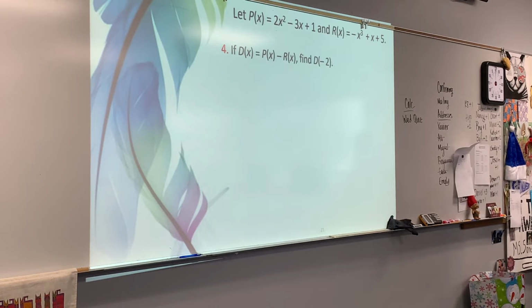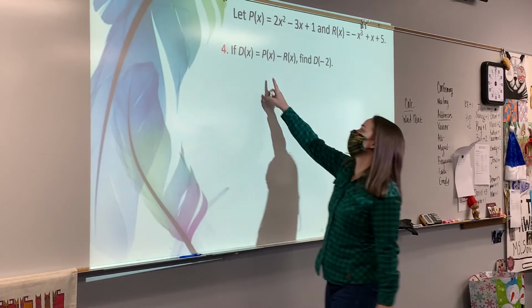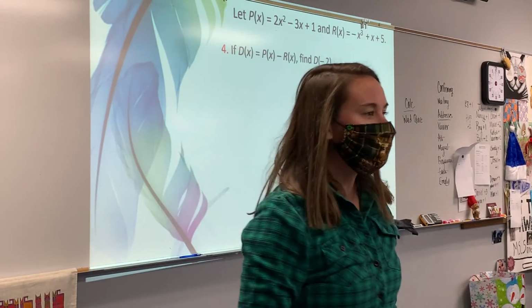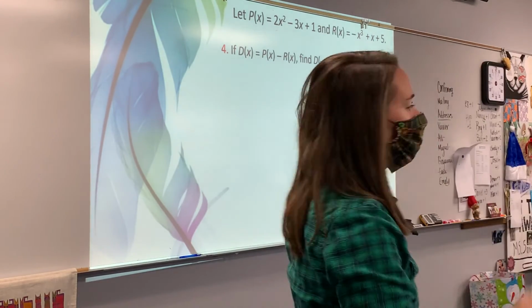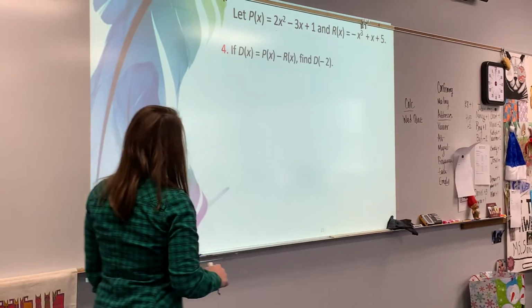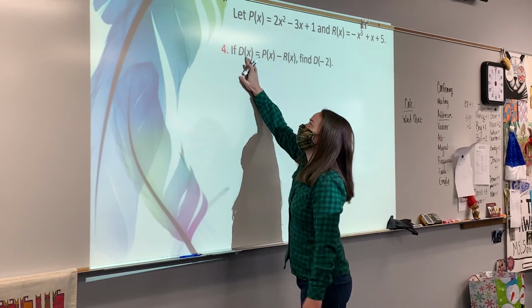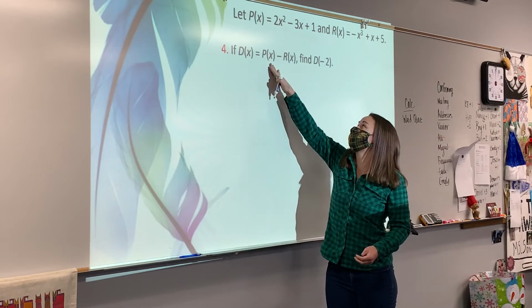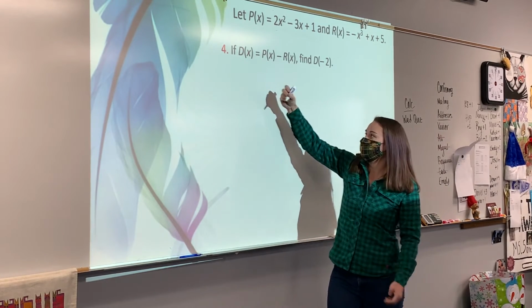All right. First of all, have we ever seen this notation, this d of x and p of x, f of x? We've seen it? Yes. It's like a really fancy way of just saying y equals. So don't really obsess over that. So this is saying that my function, let's just call it d, is going to be equal to the p minus the r. So d of